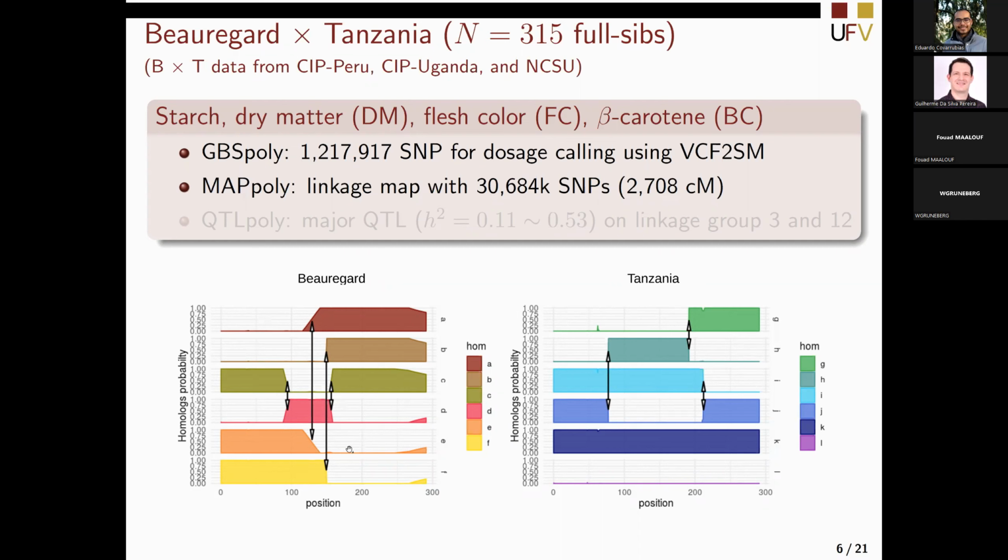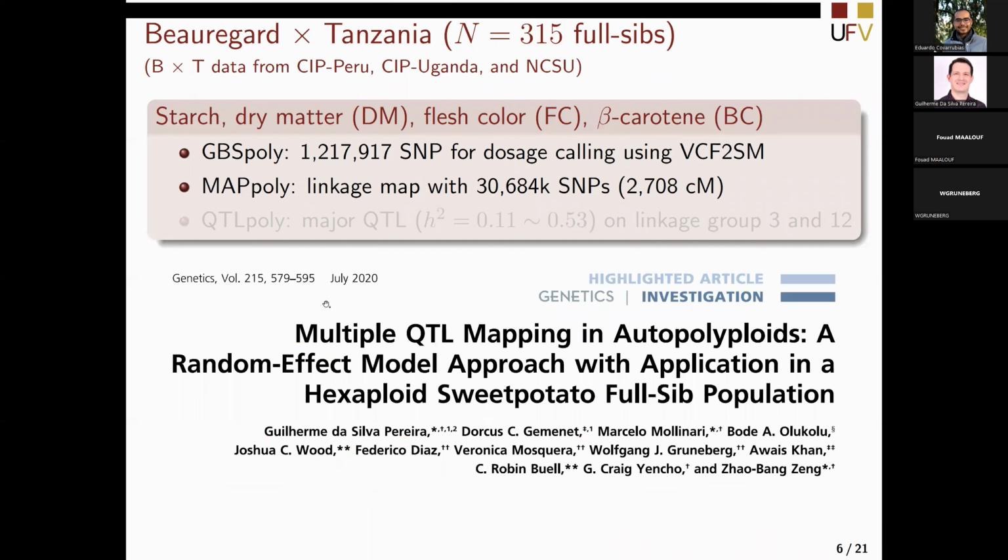You can actually trace it back to the parental haplotype. So this is very nice because, of course, by having that information or estimating the conditional probabilities of the individual being, for example, homologous A, B, and C, and G, H, and I for one specific location